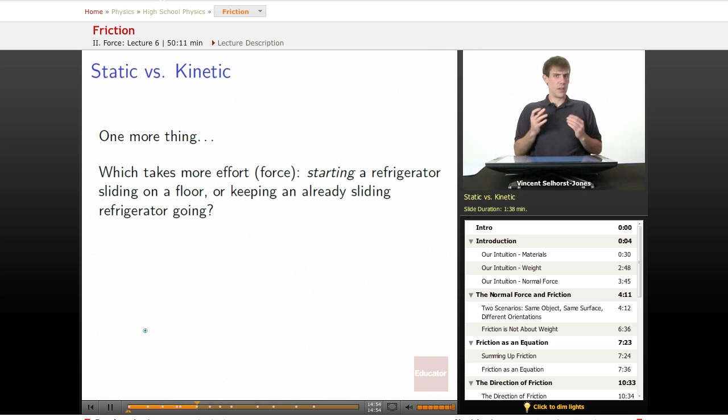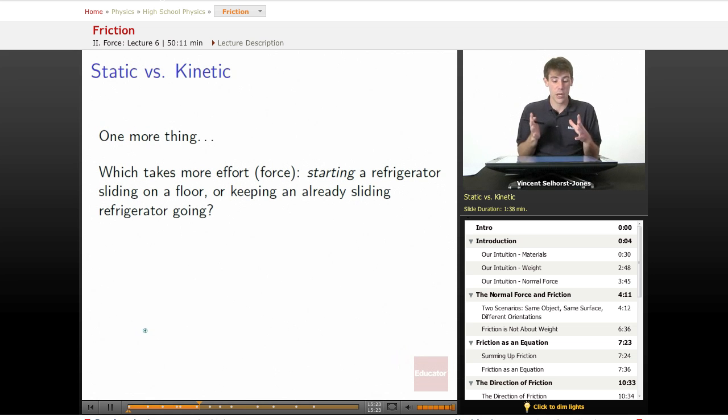All right, one more thing to talk about is the idea of an object being still at rest on its surface and an object moving along its surface. So which one of these will take more effort, more force from us? To start a refrigerator moving, sliding on a floor, or keeping an already sliding refrigerator going? If we want to just start it moving, in addition to creating motion requiring some amount of force from us to get that started,